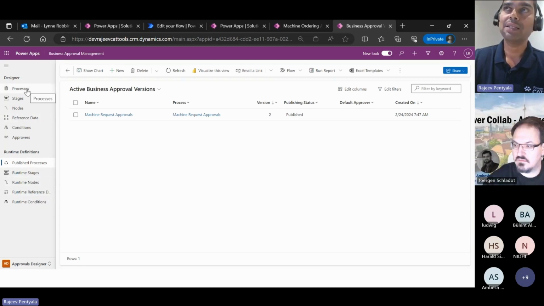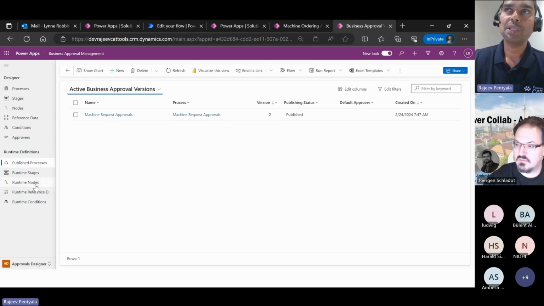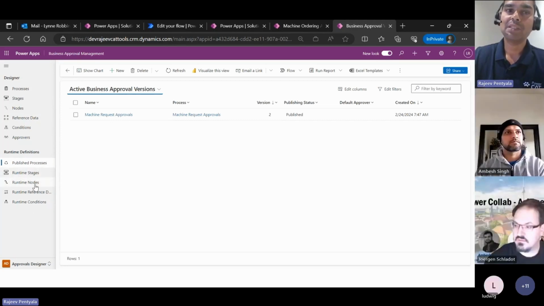Whereas in designer, sometimes as an admin I might be in the process of configuring, but I don't want to make it available to my business yet. At that point I just create it, but I don't publish it. So the top part contains all the unpublished things, whereas in the runtime definitions, the published processes contain the published things, and the same with stages and nodes. Why I'm telling this: tomorrow, if you want to put any hook,